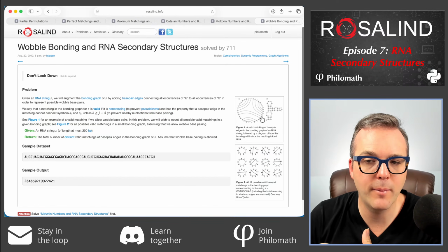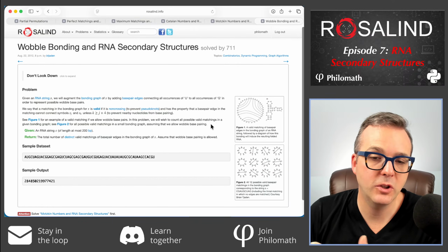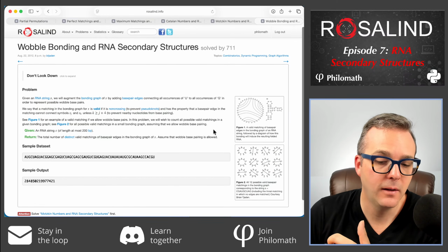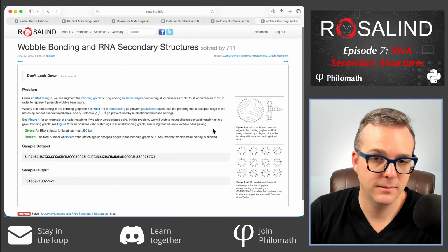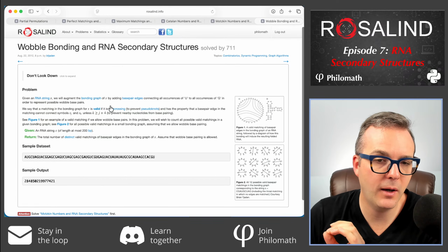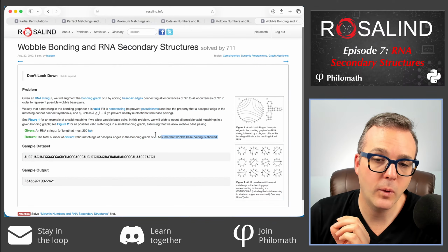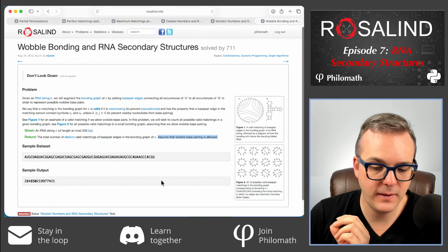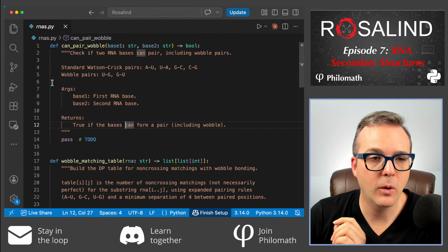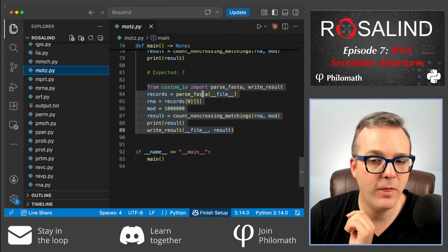If presented with this problem to say, count the number of matchings here, I think a lot of people would just say that seems either extremely difficult or possibly impossible. Whereas the answer is anything but the case, that it's impossible. And it probably seems much different from what we've done because we have this extra condition of k is at least equal to j plus 4, and we're also going to allow for this wobble base pairing that we see, but it turns out it's not. So I'm going to show you by going to our MOTZ problem